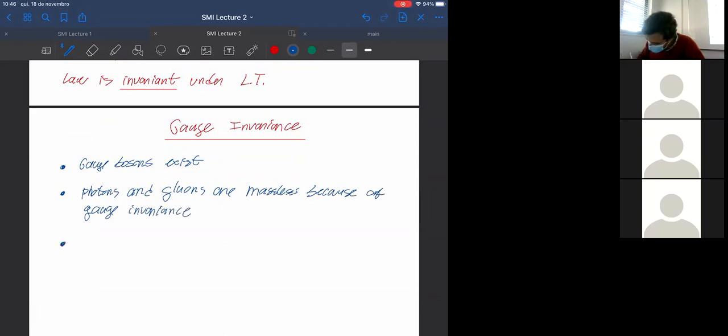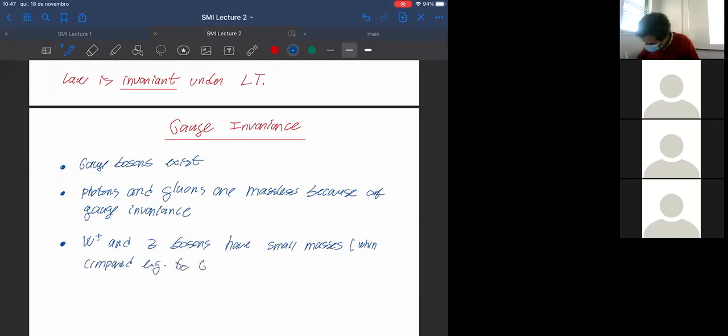And also gauge invariance is a protecting symmetry in the sense that, for example, W and Z bosons have small masses when we compare to the Planck scale. Small masses when compared, for example, to the GUT scales. Because when we say that the mass is small, it's always a matter of small with respect to what. In this case, we are talking about some higher energy scale. So W are small masses because